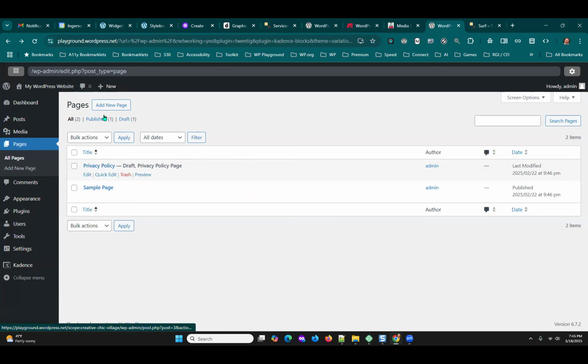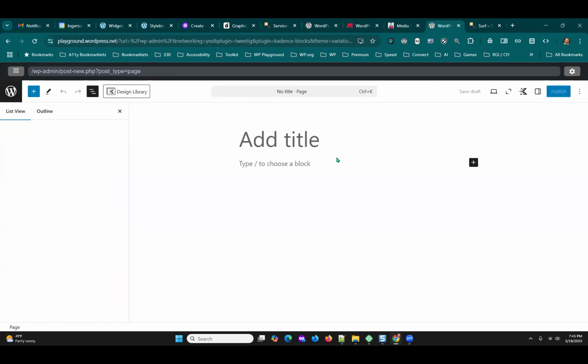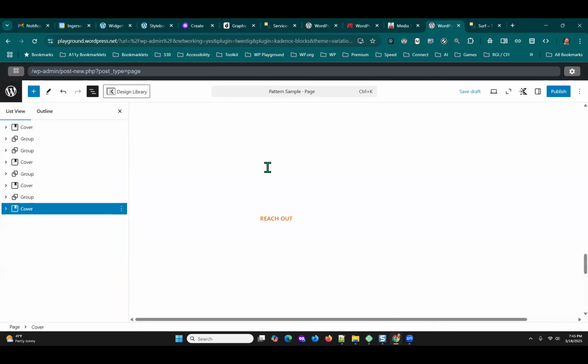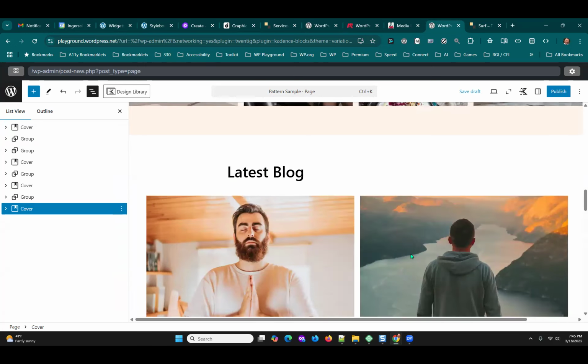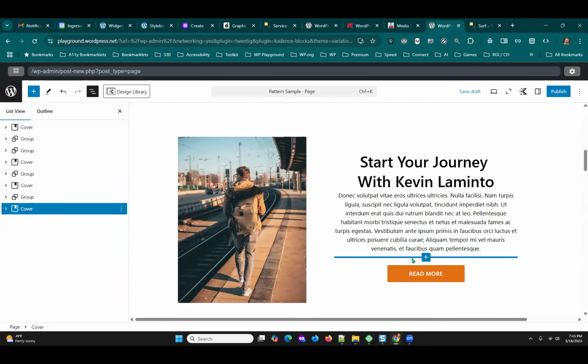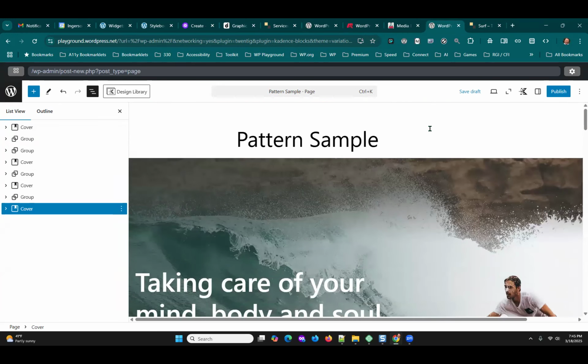Let me add a new page, and I'll just put pattern sample here. Doesn't matter. But if I come and paste, I can paste that, and it has pasted that entire design, because it's just blocks. And in this case, he's linking back to his library of images, right? You would want to replace those. But here's an example of, if I publish this